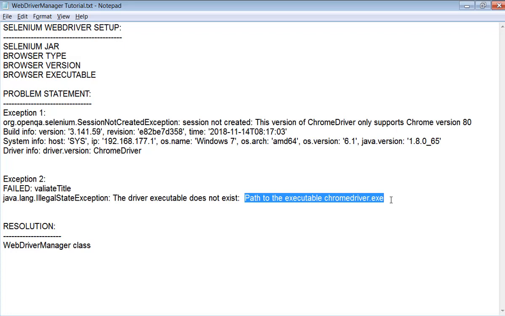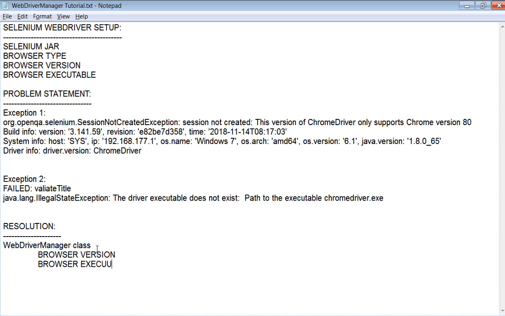So during the course of Selenium WebDriver setup, we have to take care of multiple things, and we might also get multiple exceptions that we have to fix. In order to avoid all these hiccups, we just need to use WebDriver Manager. If we use the WebDriver Manager class, we don't need to bother about the Chrome version, or I can simply say, the generic browser version, browser executable, and Selenium version.